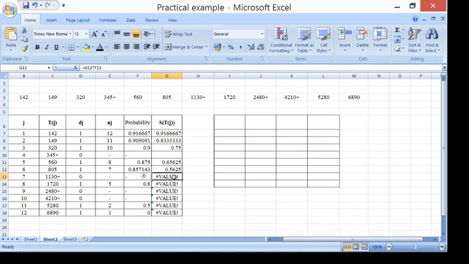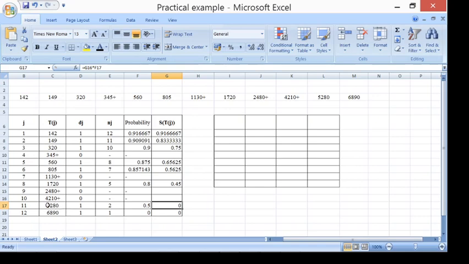Here we will not be calculating probability as this is a censored time point. Again here we'll have to change this particular formula, because the previous observation is censored, so we have to consider the observation previous to that also. Therefore here we will have to write G12. Again we will not be calculating probabilities here. I will delete this value, I will delete this value. Now at this specific time point,